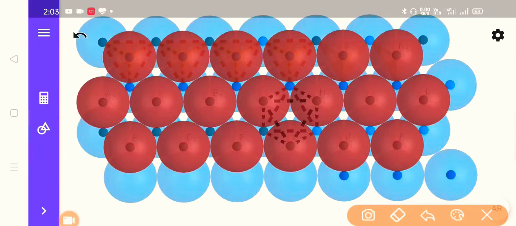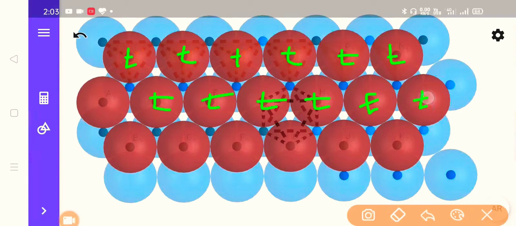So here we have tetrahedral voids, a series of tetrahedral voids. Again we have a series of tetrahedral voids here. Then we have a tetrahedral void series here as well. Three spheres from the top and one sphere from the bottom will create this tetrahedral void. We need a total of 4 spheres to create tetrahedral voids.